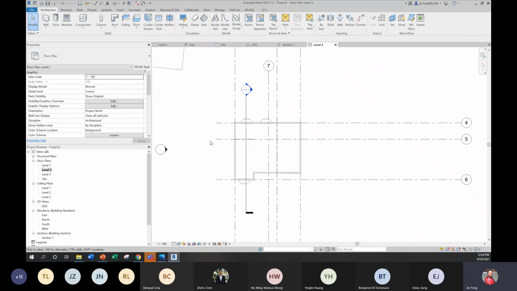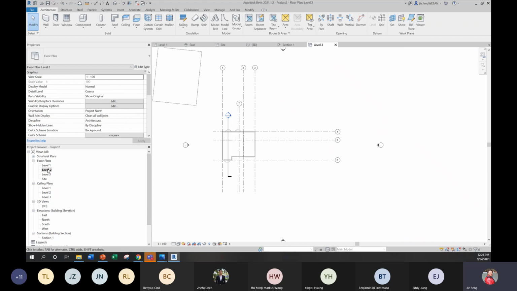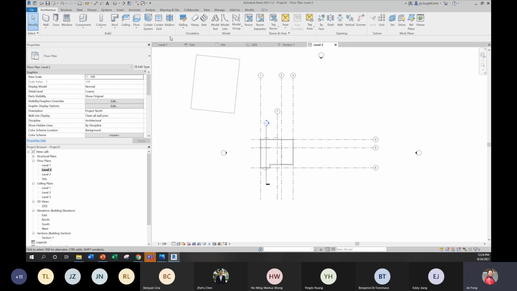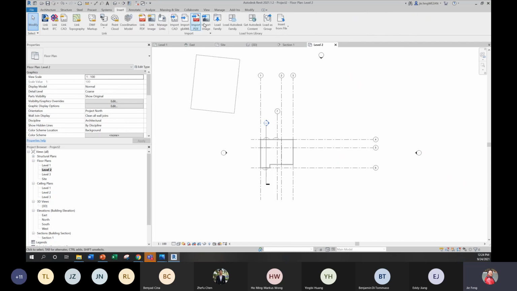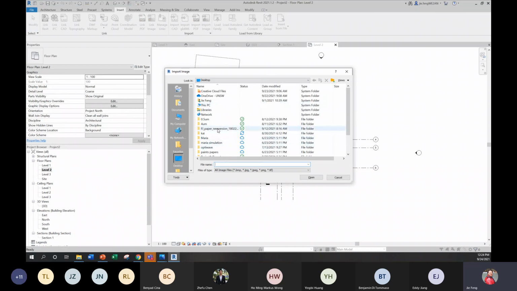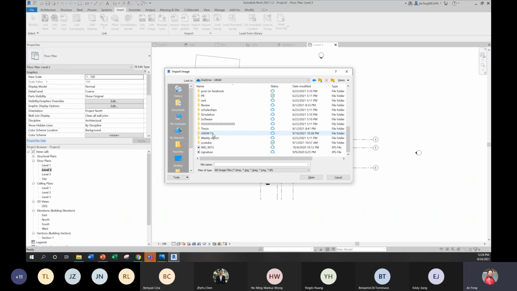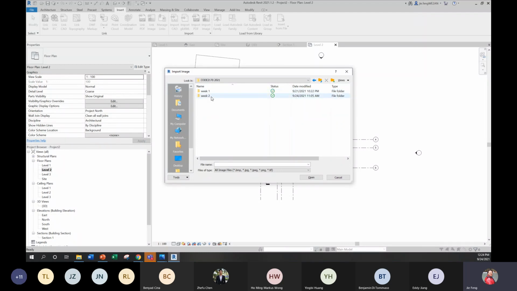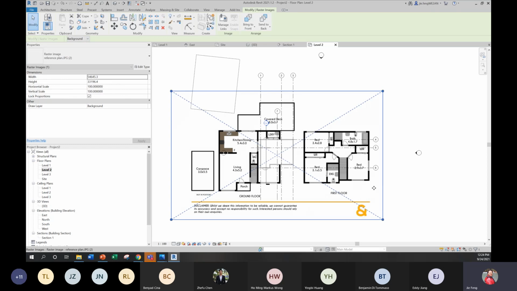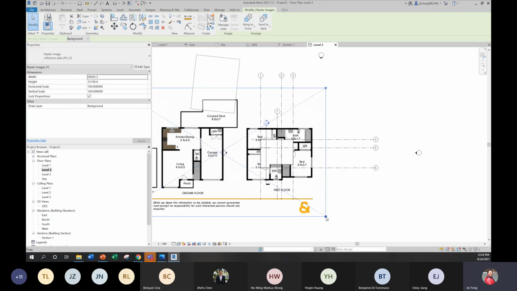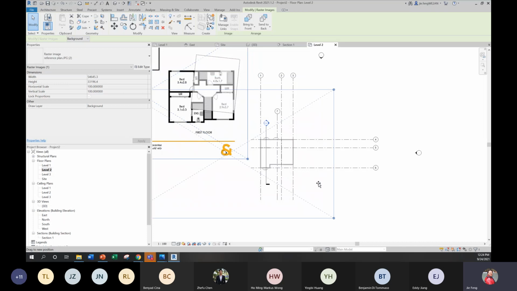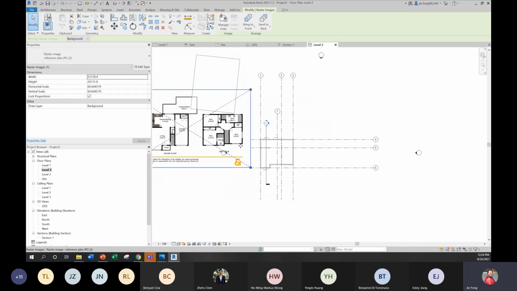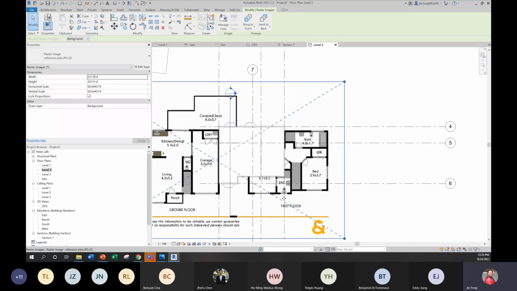Let's start with the walls. For level 2, and we also need the reference from the image. Let's insert again. OneDrive. Week 2 reference plane. Okay. We can see it's much larger than the real building. We need to scale a little bit, and we have to use wireframe to